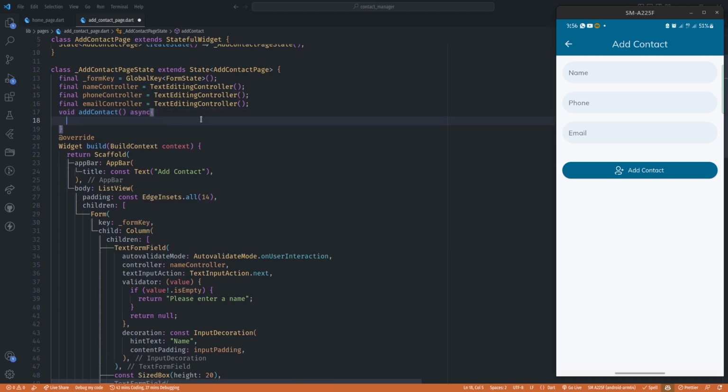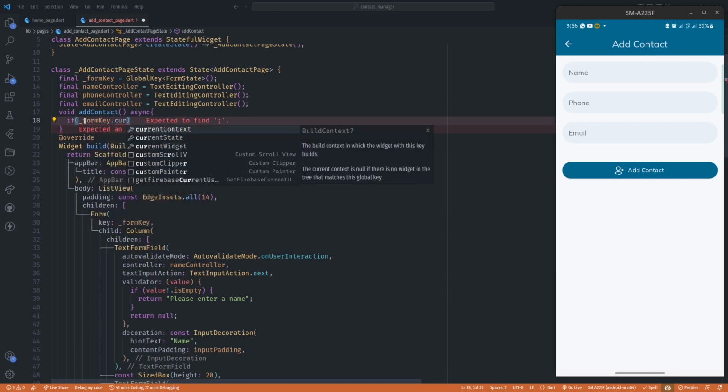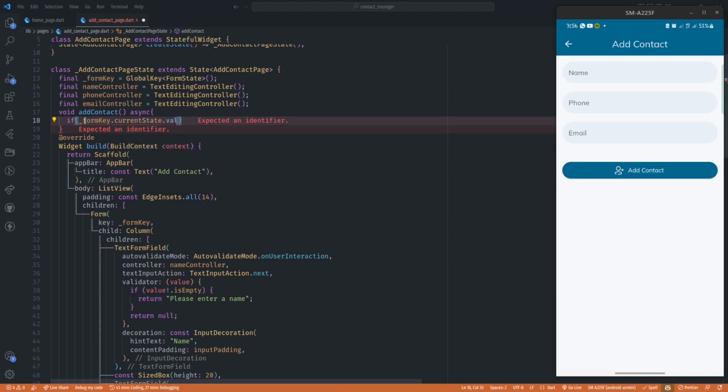So the first thing we want to do when we press on this add contact, or we call this add contact function, is we want to check if all our text form fields are valid, that is, they obey the validation rules that we have passed. In other words, they are not empty, they contain at least something, right? If they contain something, then we can proceed with adding that data to Firestore. So we can check that with our form key. So that's going to be if our form key dot current state dot validate